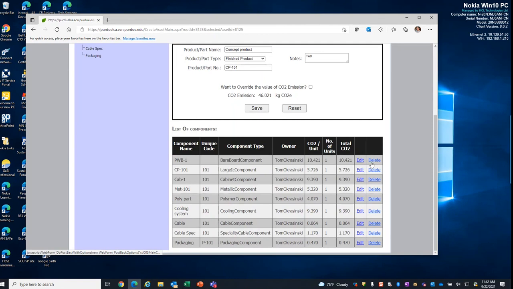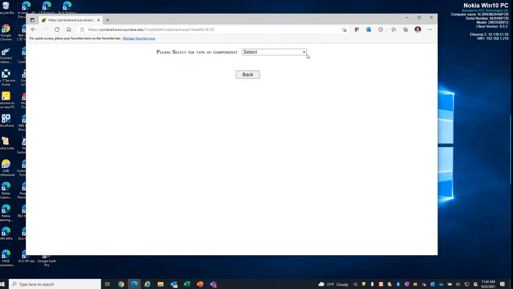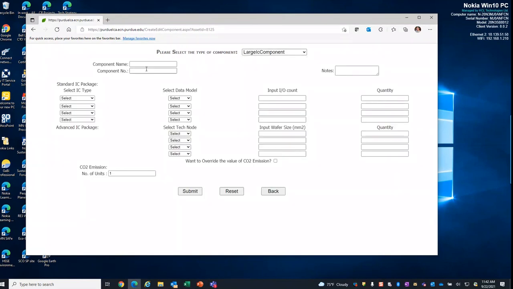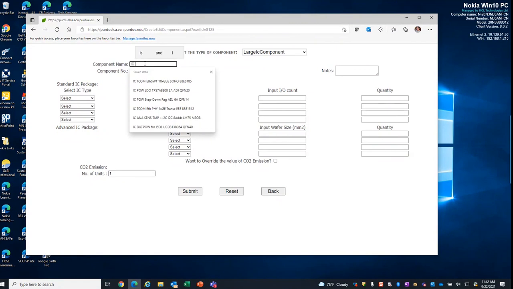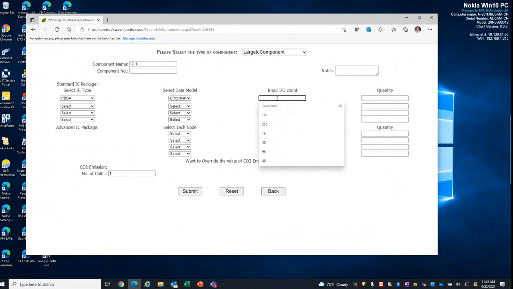You can always delete an entry once you have it, or add. So in this case, if I wanted to create another component, I can go in and select. If I wanted to pick and choose, say, large IC, I can then give it a component number, etc. IC1. You would select the component type. I'm going to pick a plastic ball grid array. I'm going to pick the data type. I'm going to go with UPIT. You have a choice between that or GABI. The UPIT is the much more contemporary data,